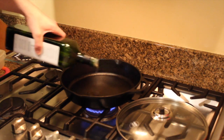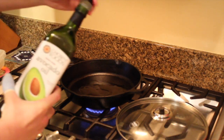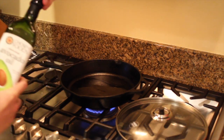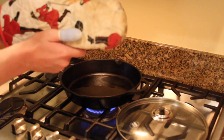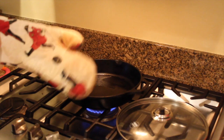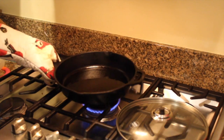So I'm just going to use my own judgment, throw in some avocado oil, make sure you put the cap on it next. And then the next thing I'm going to do is I'm going to take my Crazy Man Dancing oven mitts, put it on, and make sure I get the avocado oil fully around before I put the